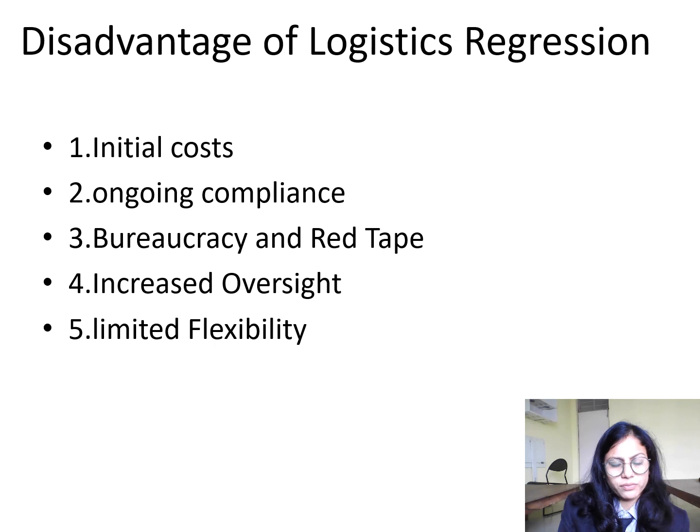And fifth one is limited flexibility. A registered logistics company may have less operational flexibility, as certain legal or regulatory requirements must be followed, potentially limiting the scope of business activities or expansion, etc. Then the next slide,